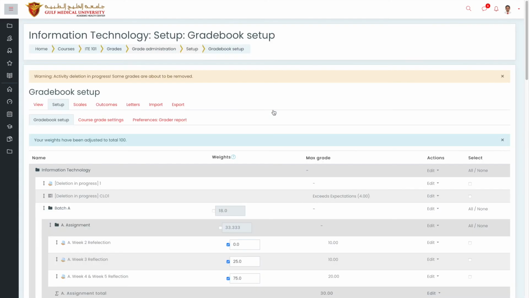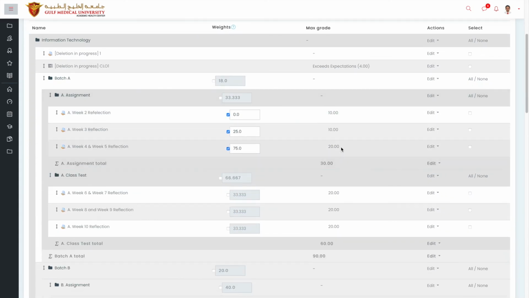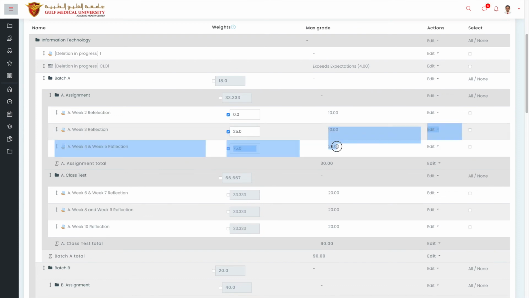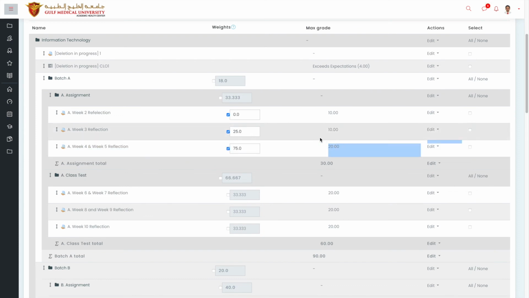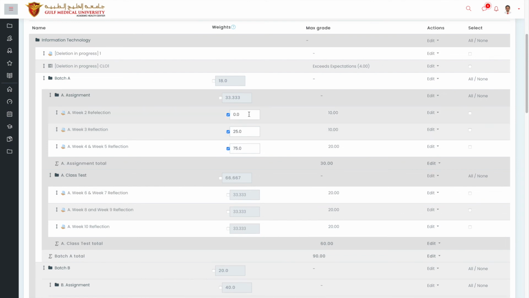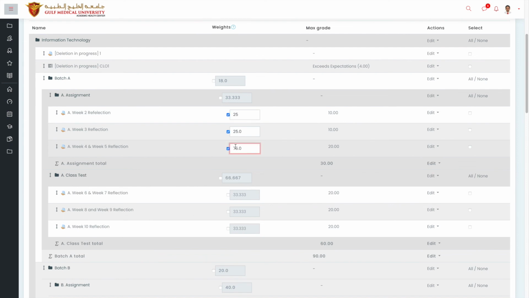So let's see what has happened here. Now it's going to be 30 because I said 75 and 25. Because 20 is actually 75% of 40, because the total is 40, and 10 is 25% of 40. So this is how it has been adjusted. I'm going to put this back onto manual because I don't want to make any changes in the gradebook. So this is how the weightage is going to help you